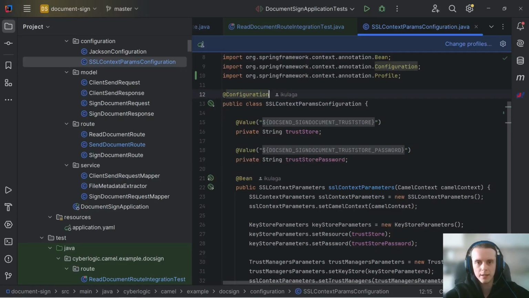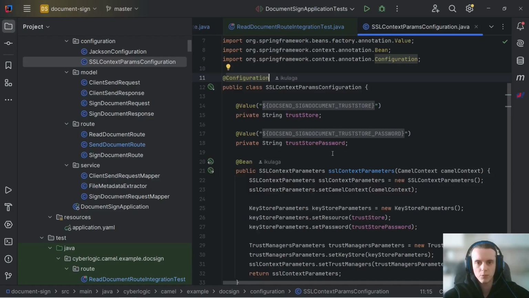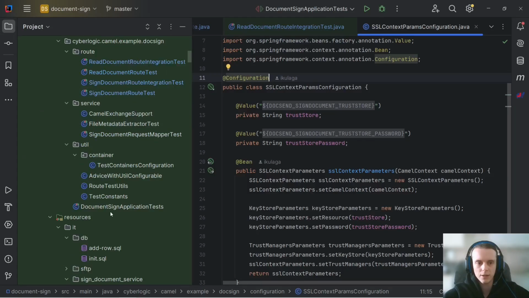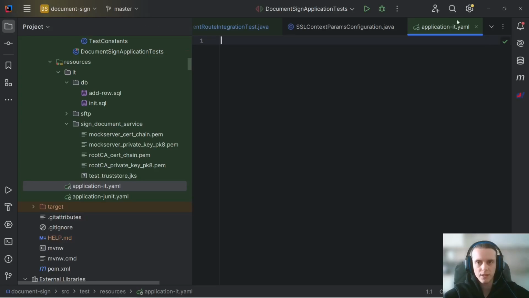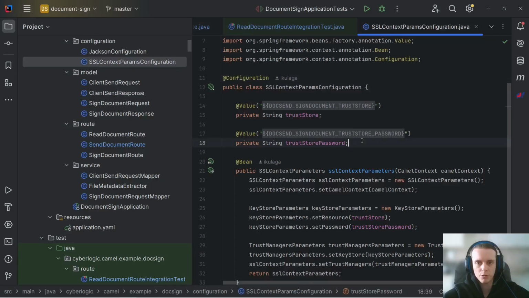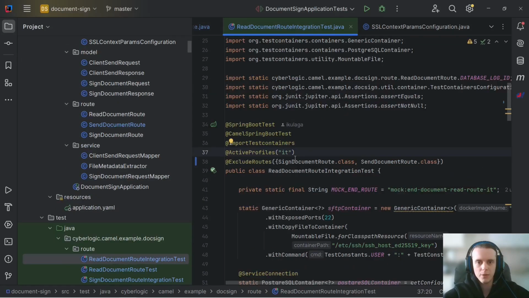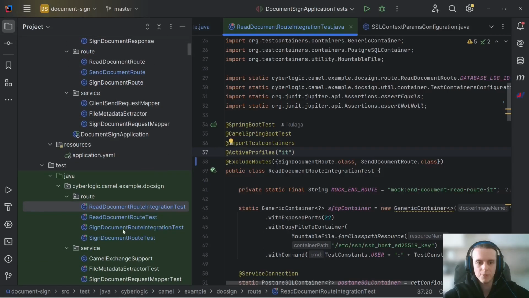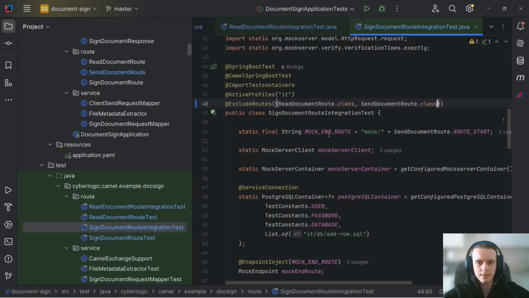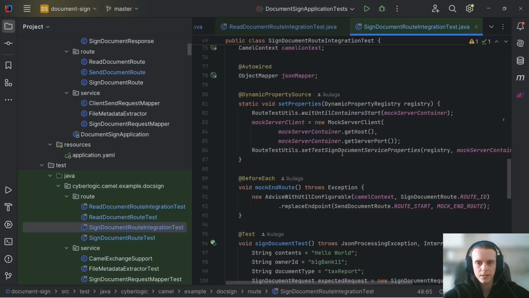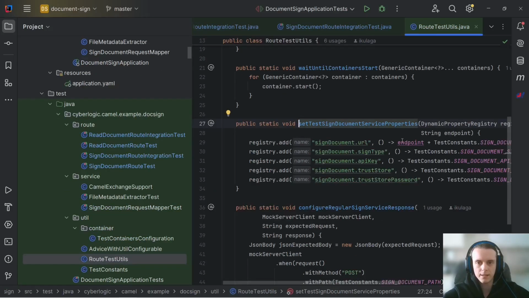The other way that we could have solved this problem is by just adding these properties into our application integration test YAML and assigning some stub values to them, because we don't use them in our test anyway, and in the test in which we're using them, which is this, we're setting the values explicitly in this set test sign